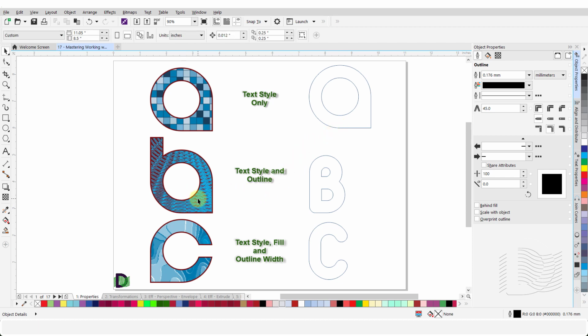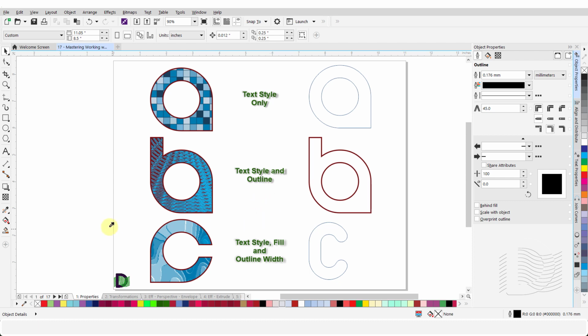Next, I want to copy the text and outline attributes from the letter B in the left-hand column and apply these to the letter B in the right-hand column. For that, I will open the drop-down menu under Properties and place a check mark against Outline. Leave Fill unchecked and click OK. I will hover my cursor over B and left-click once. Then hover the cursor over the target object B and left-click once to apply the copied attributes. Our target object now has the same text style and the outline width and color as our source object.